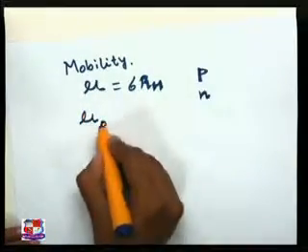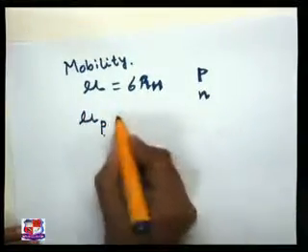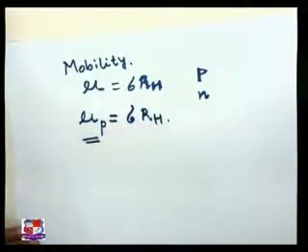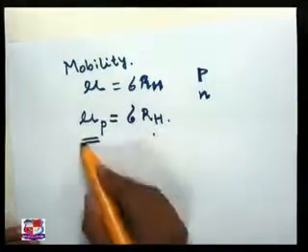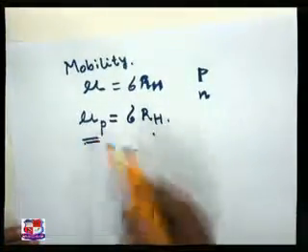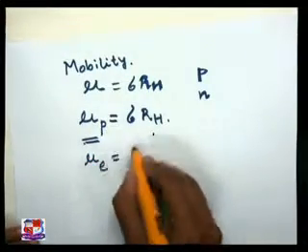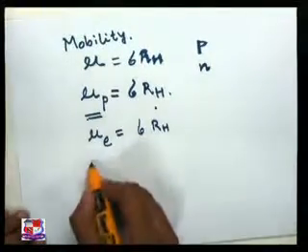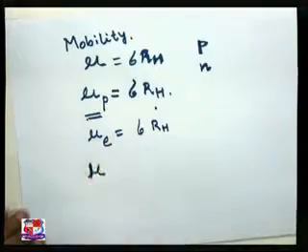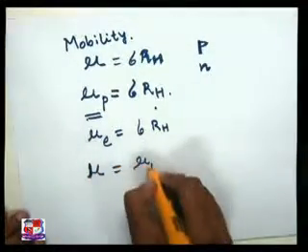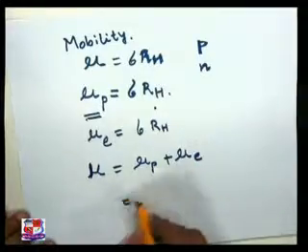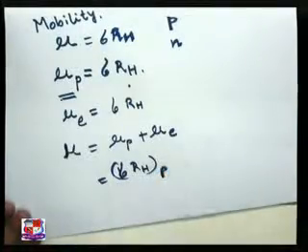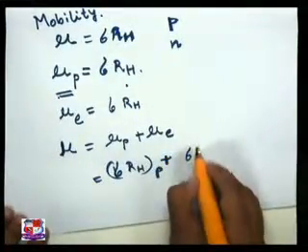Based upon that, we can have the positive mobility, the mobility of the holes, and mu P can be found from this equation. Mu P is the hole mobility, mu E is the electron mobility. And in a particular case, if we have both types of charge carriers, then we can have a cumulative mobility, that is mu P plus mu E, equal to sigma RH for positive and sigma RH for negative.